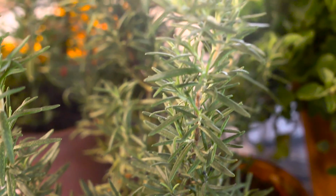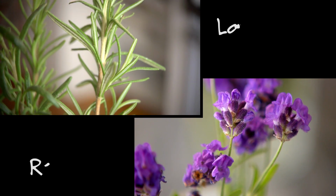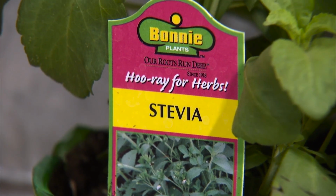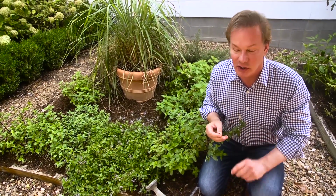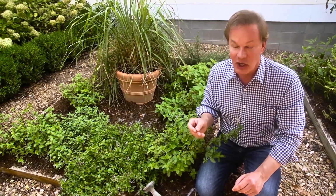So refreshing. For calming aromatic teas that help reduce stress and help us relax, you might want to give lavender or rosemary a try. And stevia works great as a natural sweetener. Now that we've gotten past the scratch and sniff part of the program, and I've got your mouth watering for some of these delicious herbs, how about a few tips that will help you grow quite successfully your own herbal